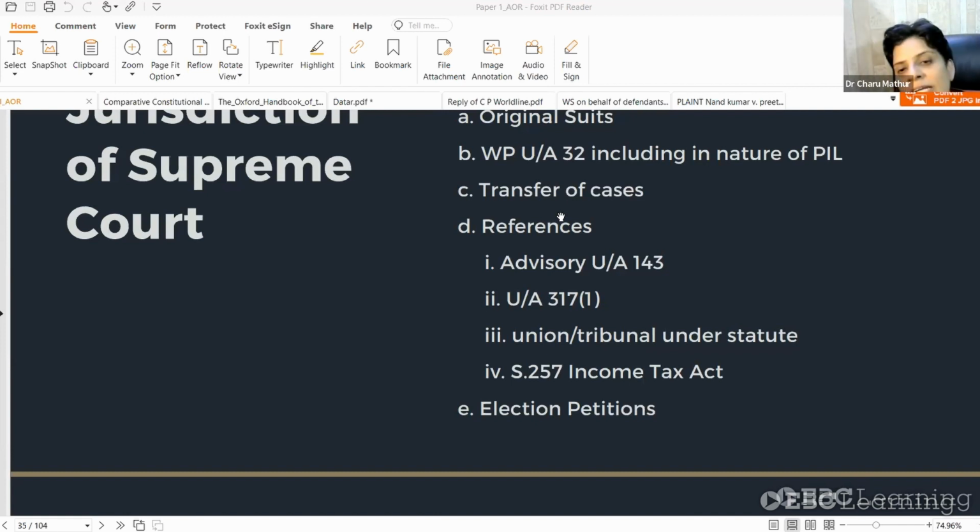One state cannot direct that matters should be transferred from state A to state B, right? So who can do it? It is only the apex court which can do it. Now, it is very important to know, under transfer of cases, why do you want to move a case from jurisdiction A to jurisdiction B, right? What is the reason? Generally, you will find civil matters coming in case of your matrimonial disputes,